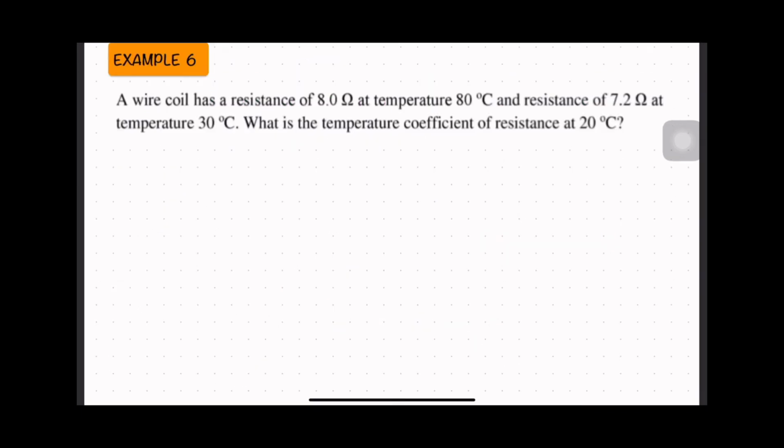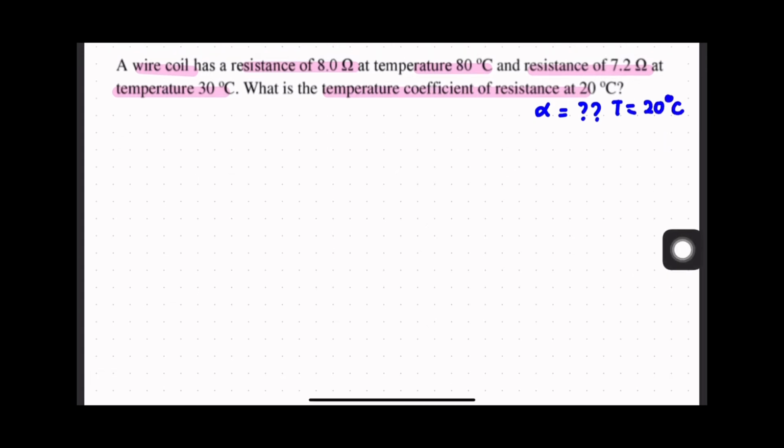Okay, next is example 6. We have a coil wire. Wire coil has a resistance of 8 ohm at temperature 80 degrees Celsius and resistance 7.2 ohm at temperature 30 degrees Celsius. What is the temperature coefficient of resistance at T is equal to 20 degrees Celsius? So, dia suruh kita cari apa? Kita nak cari alpha pada temperature